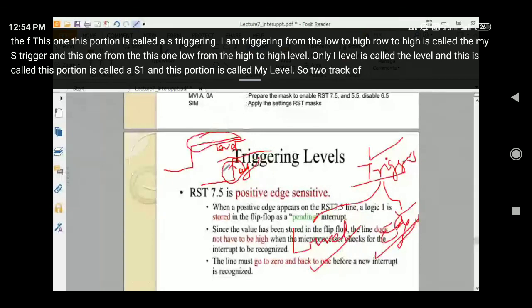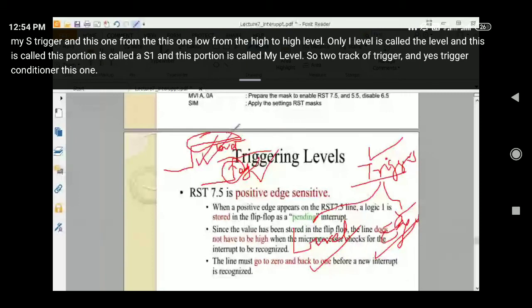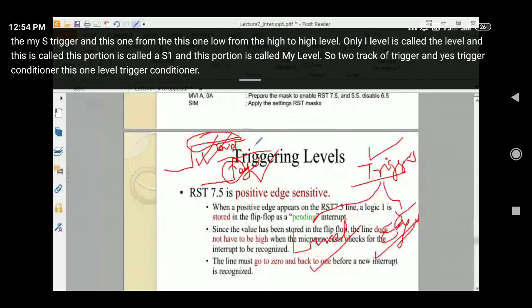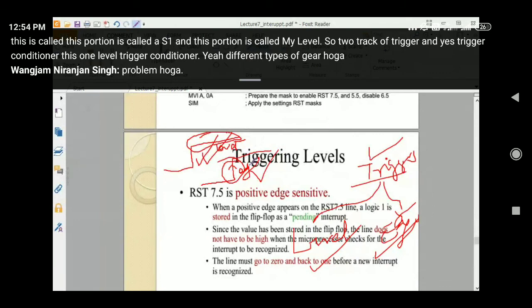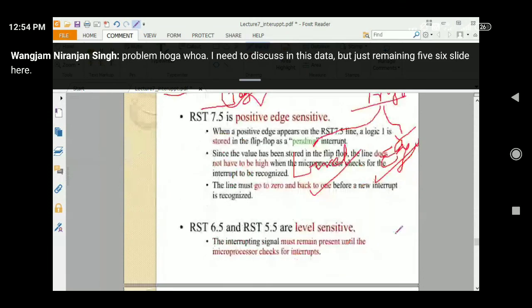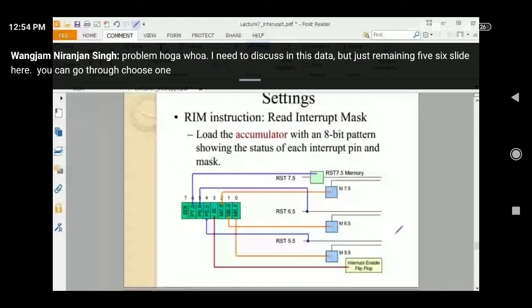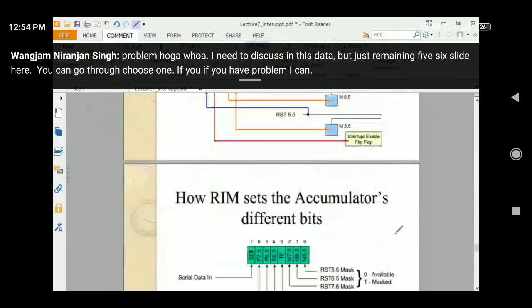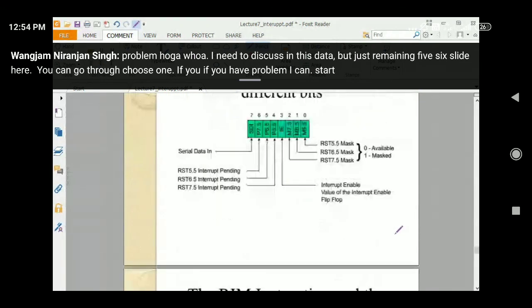So there are two types of trigger, and when doing edge trigger or level trigger, different types of problems will come up, which I need to discuss in the later part. Just 5-6 slides are remaining. You can go through them. If you have problems, I can start with them in the next class.